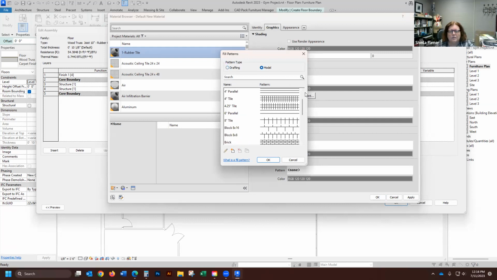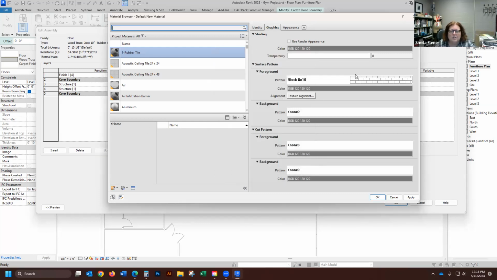We'll click model and see what we have. I'll click that block 8x16. Okay, so